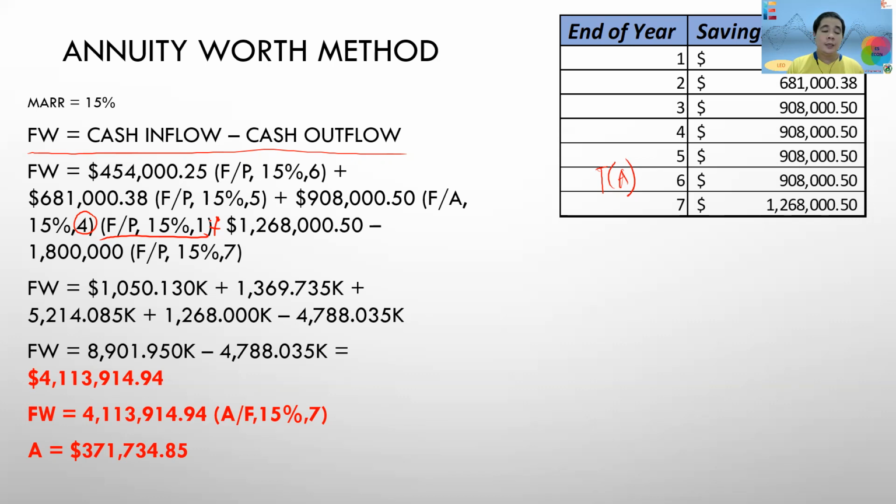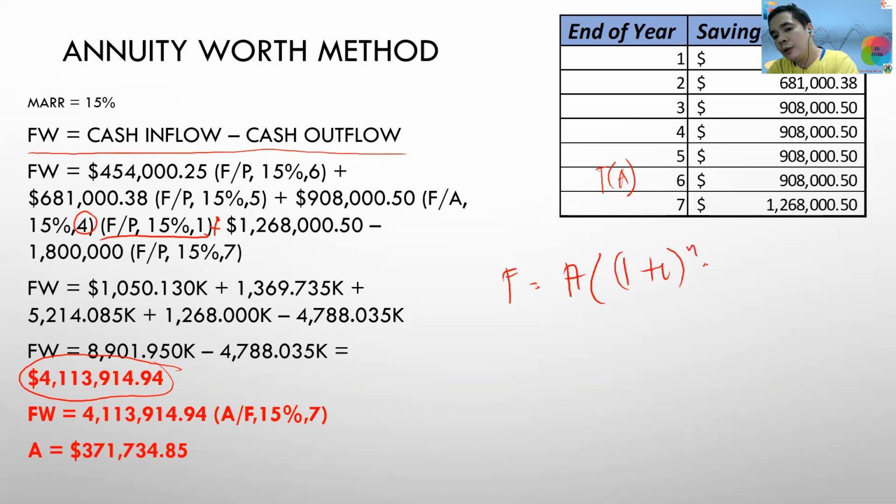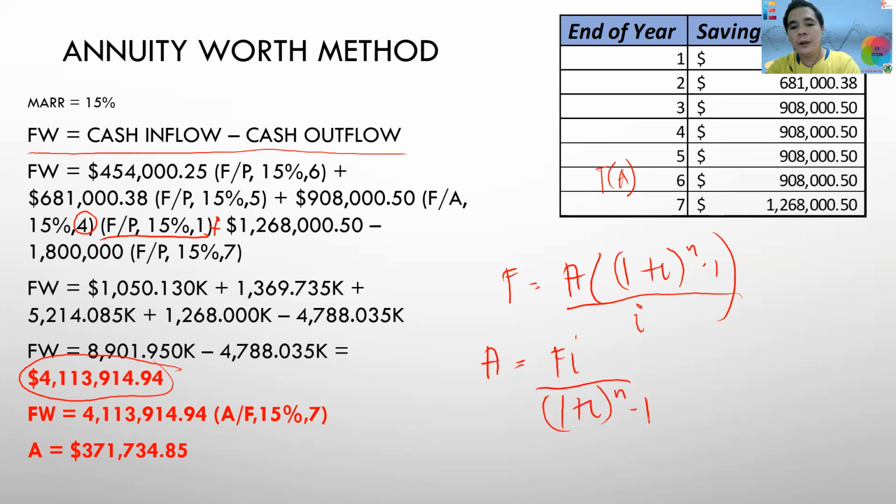Now, proceeding, we are looking into the future worth of your investment, which is equivalent to 4.1 million. Knowing that F is equal to A times (1 plus i to the exponent of n minus 1) divided by i, we can already solve for A. Your A is equal to Fi over (1 plus i to the exponent of n minus 1). That would mean that your annuity worth is equivalent to